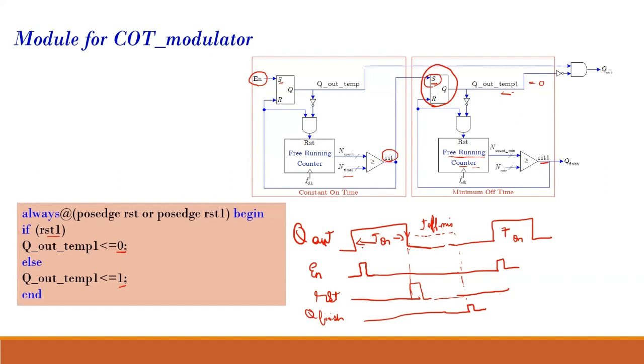So my Q out is on. It will be on. This counter keeps running until it reaches the value of n timer. Okay, once it reaches the value of n timer, it gets reset and it stays off. So it gets reset. What happens once it gets reset? This gets set. This gets the value 1. This reset has happened, this gets set, and this counter starts running. So it starts running until it reaches the value of